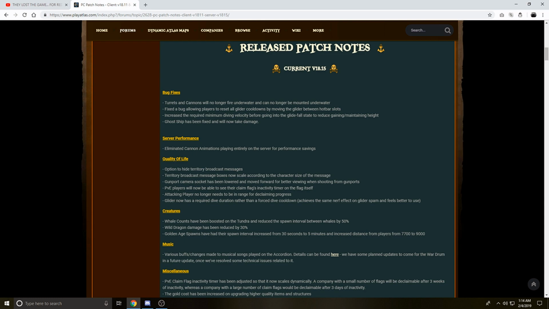Fix a bug allowing players to reset all glider cooldowns by moving the glider between hot bar slots. Now, I was working on making a video for this because there were multiple Reddit posts, and we actually got attacked by one of the guys that was doing this from CTSG. I actually killed one of the guys glitching with the glider. So basically what would happen is, if you had a glider, you could fly unlimited amounts when you were going up to get more height. You could switch the glider to a different side of your bar, basically removing the cooldown. Basically just allowing you to fly an unlimited amount, which was